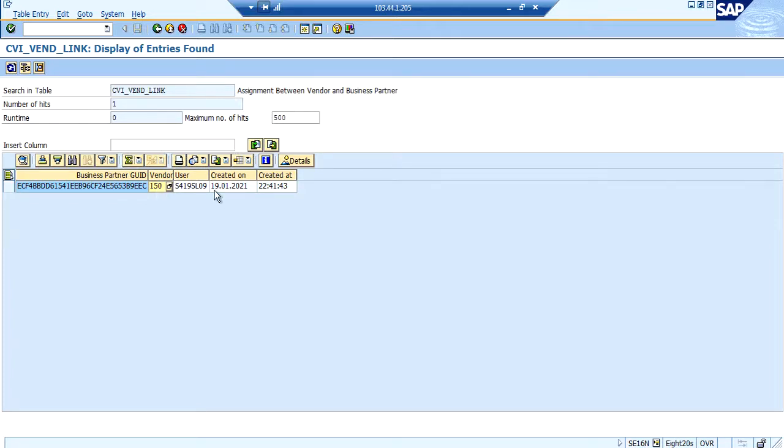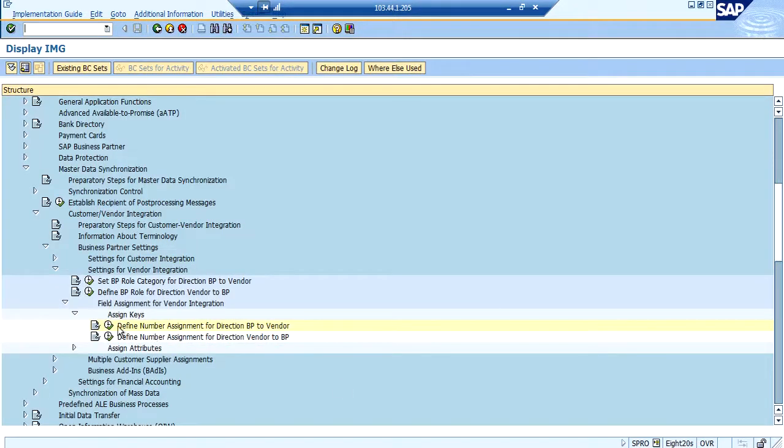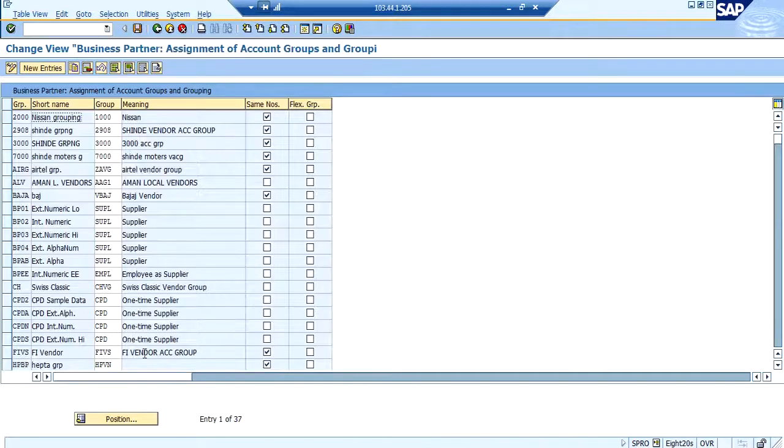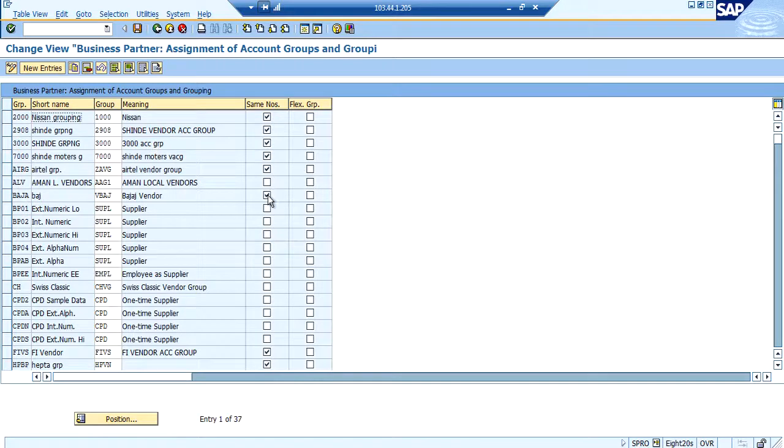In our case, the vendor number is identical to the business partner number, so there won't be any confusion. But in some cases, when the assignment is not done, there are other scenarios where this checkbox is not activated. Then the business partner number will be different and the vendor number will be different.